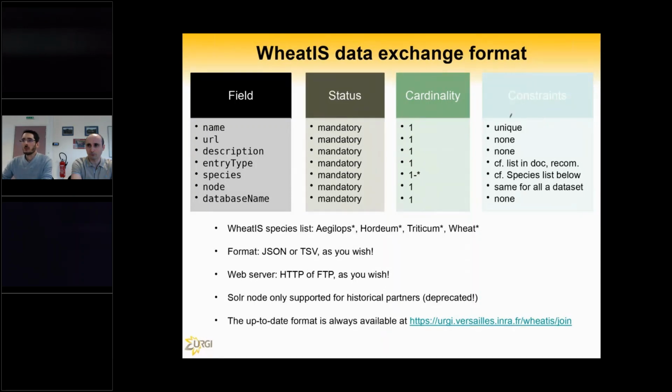The name must be unique within a given dataset, and the species list is expected to be one of the four described here: Aegilops, Hordeum, Triticum, and wheat. So if people provide data which is not part of this species list, it won't be displayed in the WheatIS interface. But